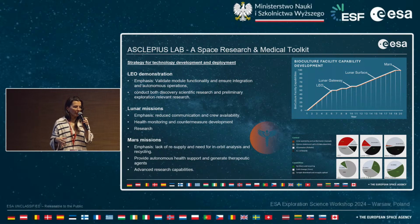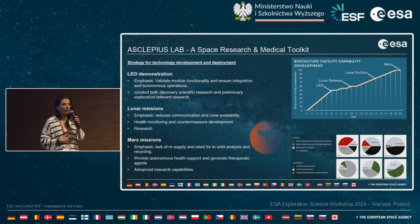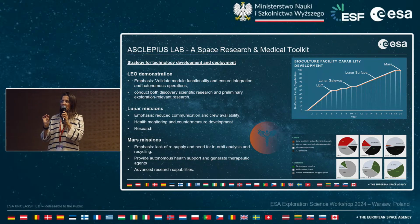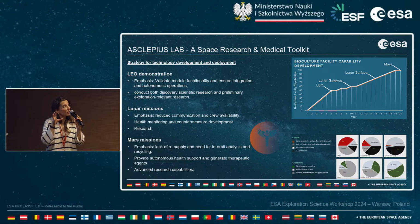We can start small. You have heard a lot of words here today: imaging, AI, integration, automation, cell culture, cold storage, preparation. It's a lot. So 1 or 2 instruments, or 1 or 2 modules. So let's start small, and let's start with preliminary science, discovery science, or exploration-focused science, using those first preliminary